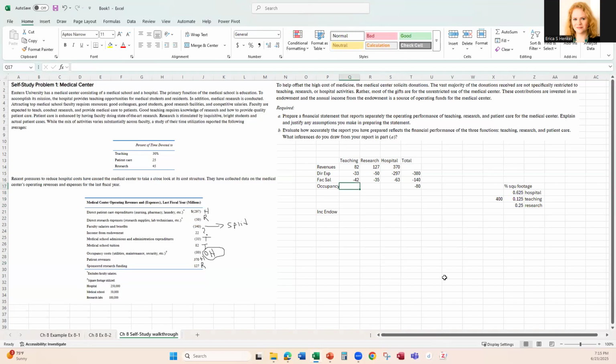Okay, so in terms of that, then we're going to take 0.125 times the minus 80. And then 0.25. And then hospital 0.625. Double check our numbers there. Yes, we've got the minus 80. Okay, so then that's going to get us to, I'm just going to label this gross. So it's like before the endowment. And